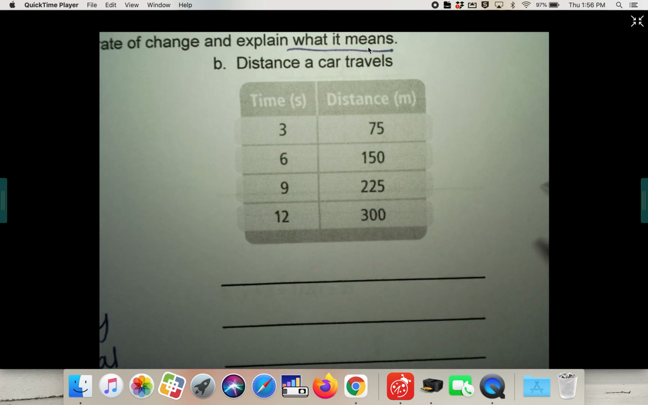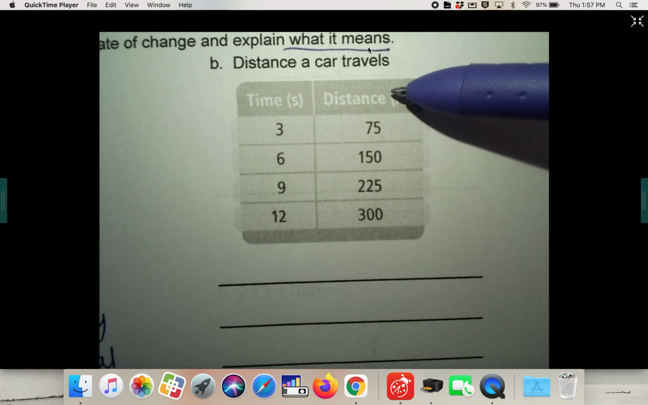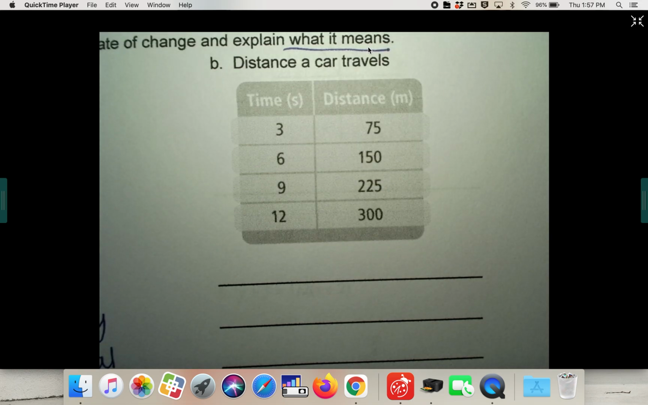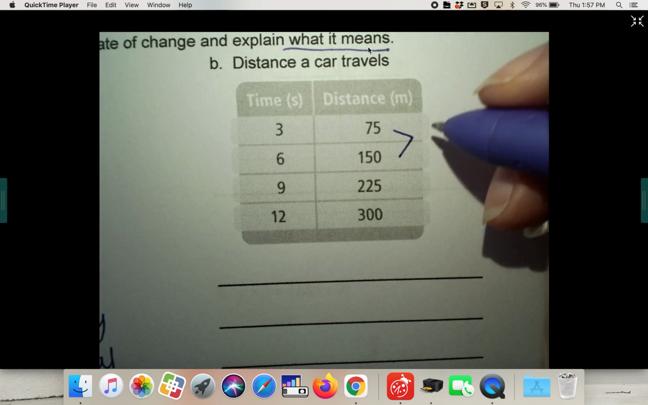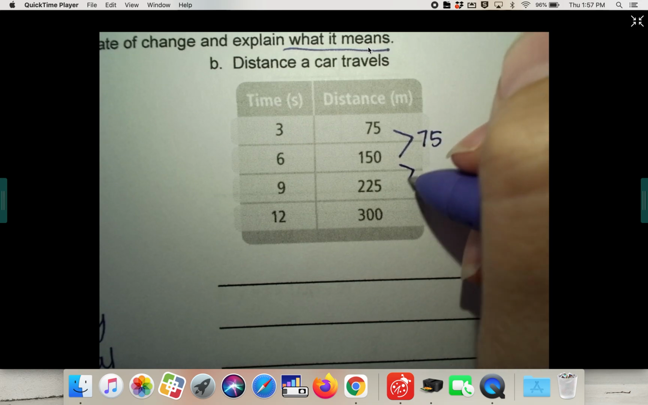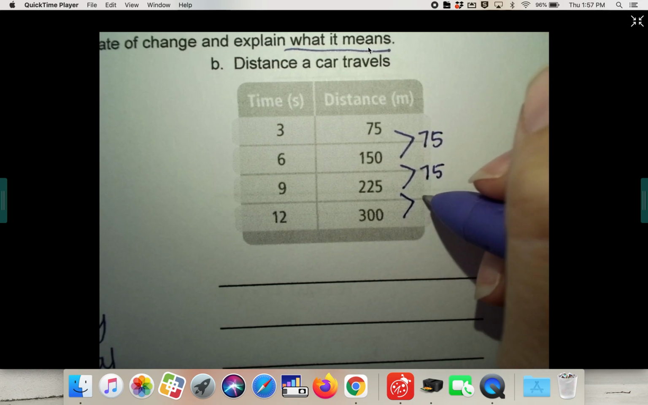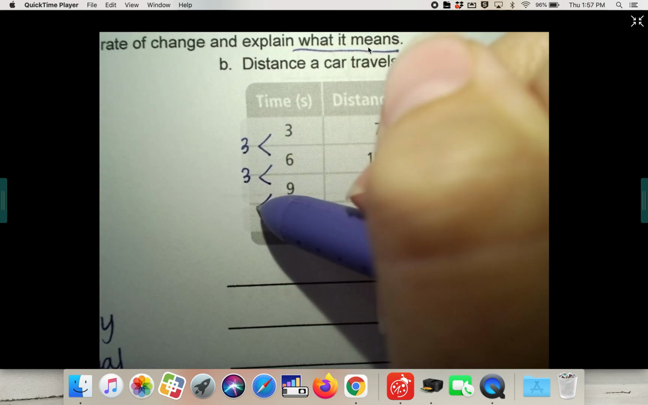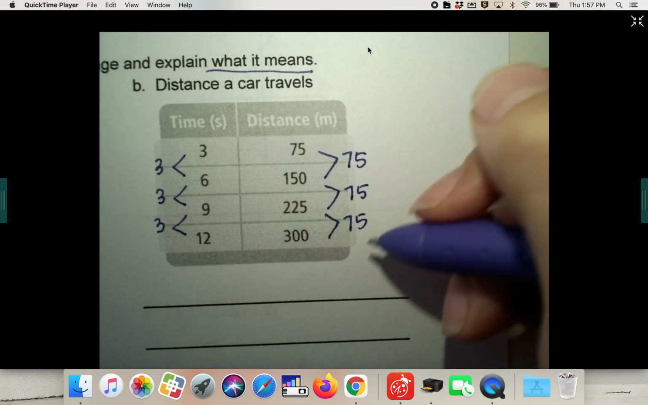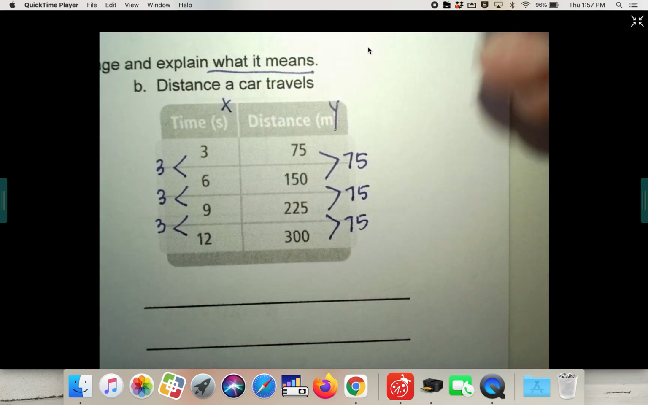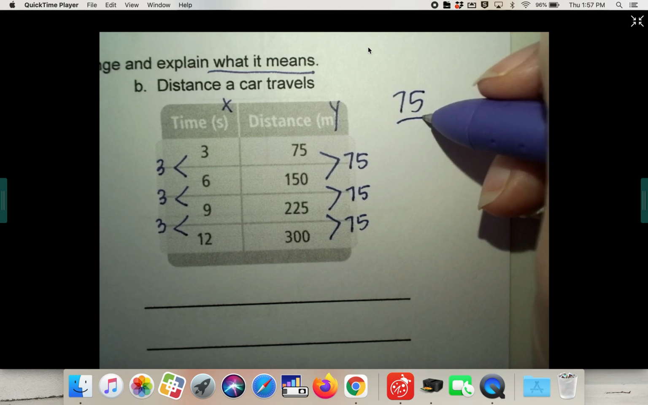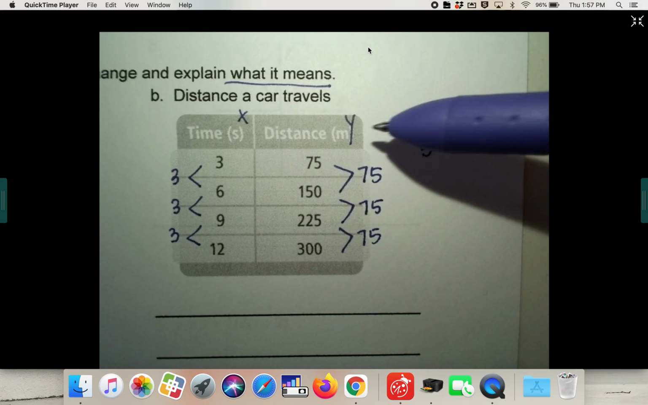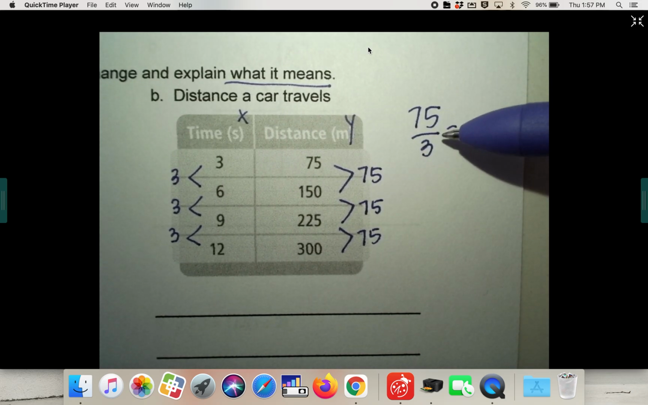All right, the second one is talking about the distance that a car travels. So the distance is this many meters per this many seconds. S stands for seconds. So let's find the rate of change. This looks like it increased 75, another 75, another 75 per 3. Okay, so it's always rise over run, put your y's over your x's. So 75 per 3. Always go ahead and simplify that. So 75 meters, or that's probably miles actually. 75 miles